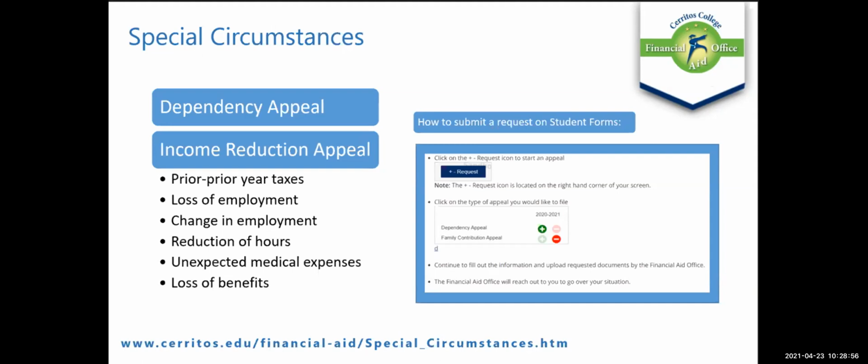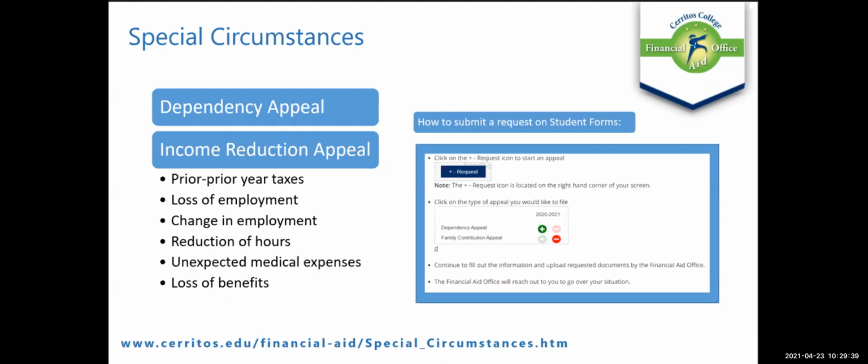Within financial aid, we do have a process in place to consider things like a reduction of income. There are 2 appeals that students can submit if they have special circumstances. The first is the dependency appeal, for students who were considered dependent through the FAFSA or DREAM Act, but due to their circumstances, maybe they don't have a relationship with their parents, so they're not able to provide that income information on the FAFSA. That's when students will want to follow up with our office to see if they're eligible for a dependency appeal, to reconsider that.